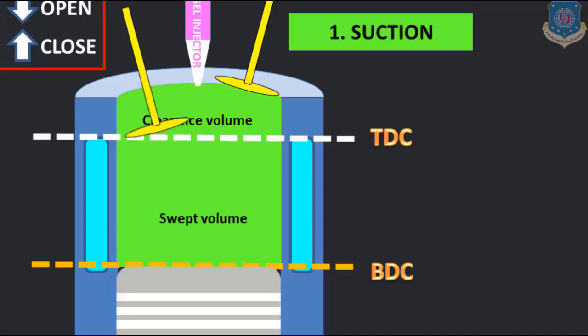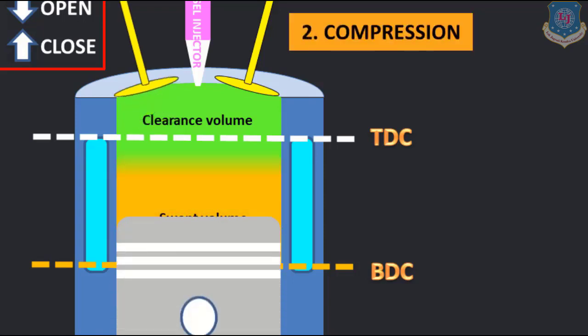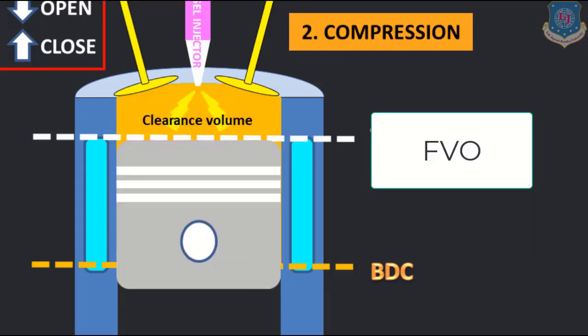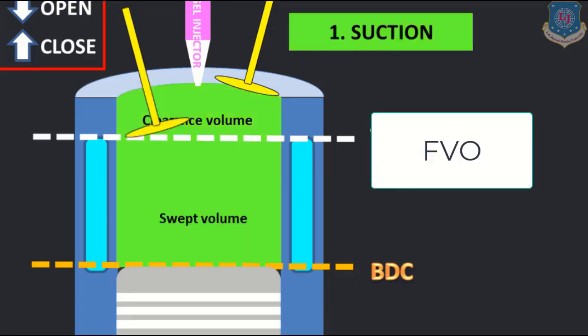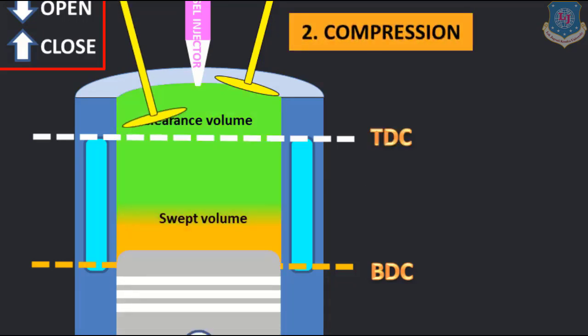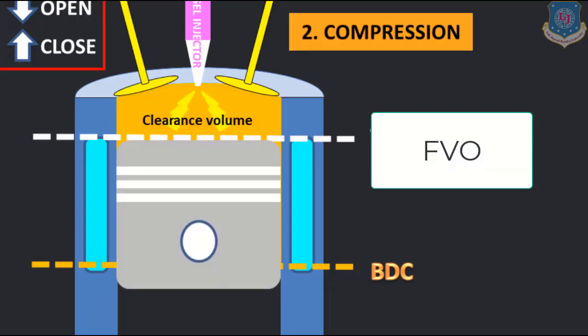When the piston is moving upside, when it is about to reach TDC, the injection will happen, and that injection will be of the fuel. So the injector will be on. Fine, let me show you again. When the piston is moving, you can see that when the piston is about to reach, not exactly at TDC, when it is about to reach TDC, we will start injection.